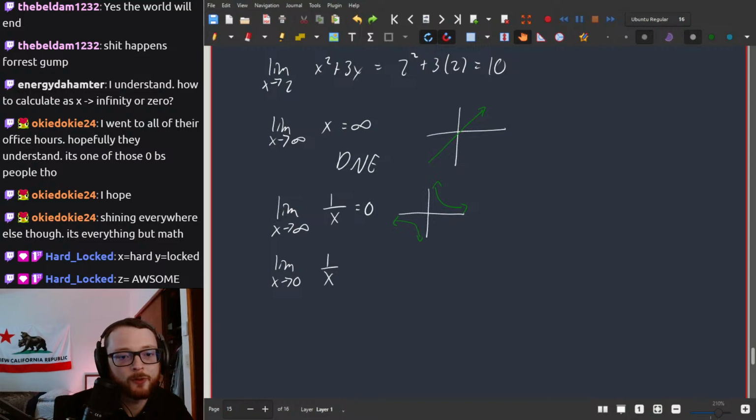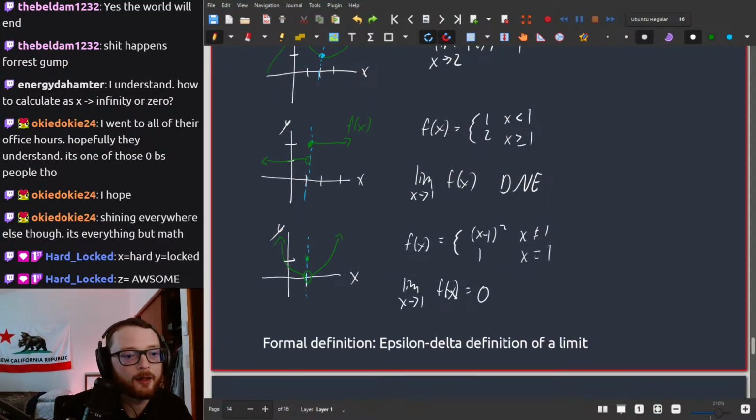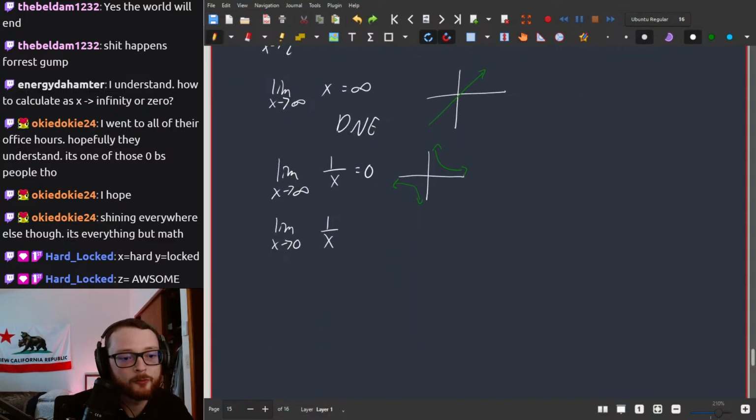And so for the same exact reason as this case failing in the limit not existing, this limit also does not exist because we can approach it from 2 different sides and get different results. We wouldn't say equals to D&E, but